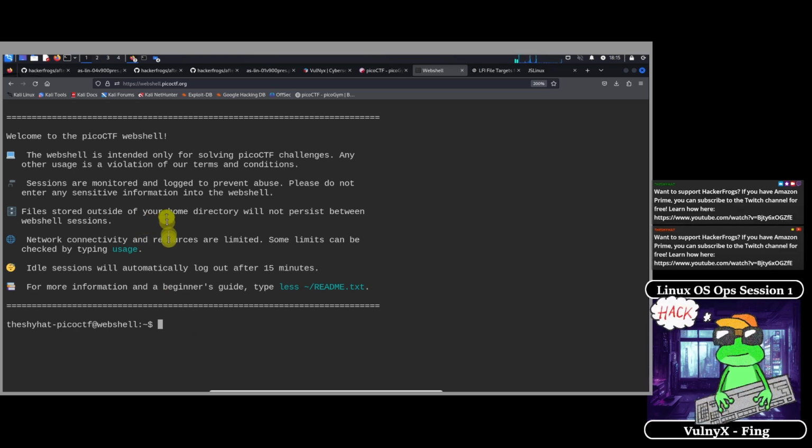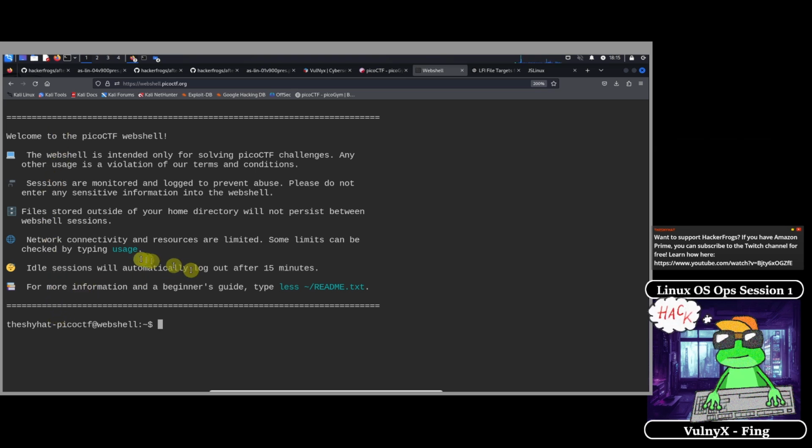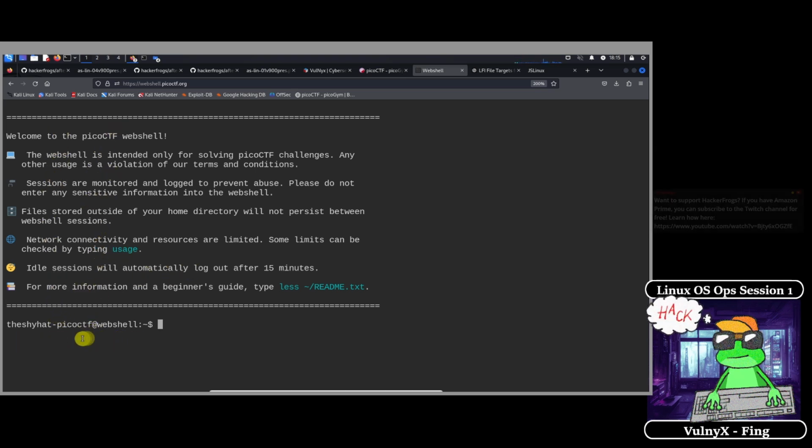Okay. All right. So to everybody else, if you're having trouble opening up the web shell, let us know in the chat. But if you've managed to open up the web shell and you see that you have your username, picoctf at webshell, over here, please type in the chat, I opened the web shell and made it full screen, smiley face.